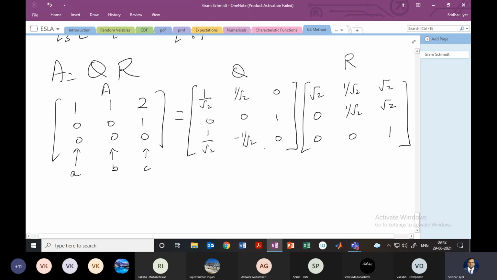The first vectors, that is A and Q1 in the first step, are used to find the next set, that is B and Q2. And then B and Q2 are used to find the third orthonormal basis, that is C and Q3, whereas the third vectors C and Q3 are not involved in any further process, because you do not have any further value. So this is the entire process here.